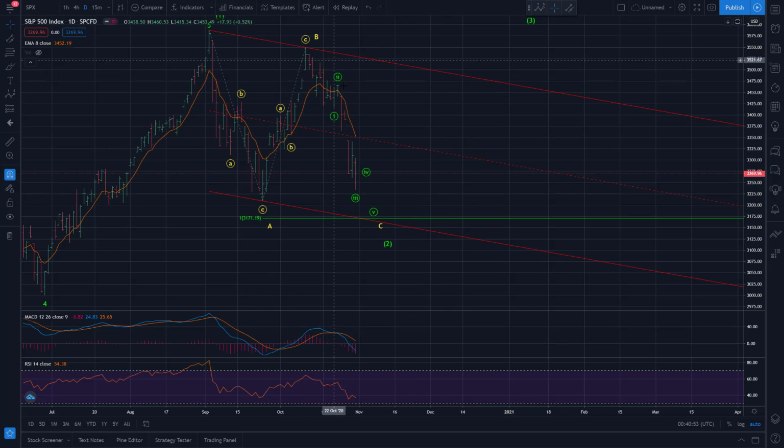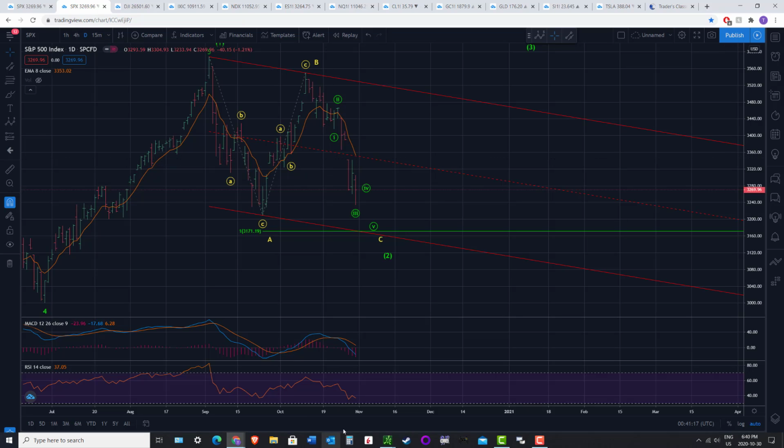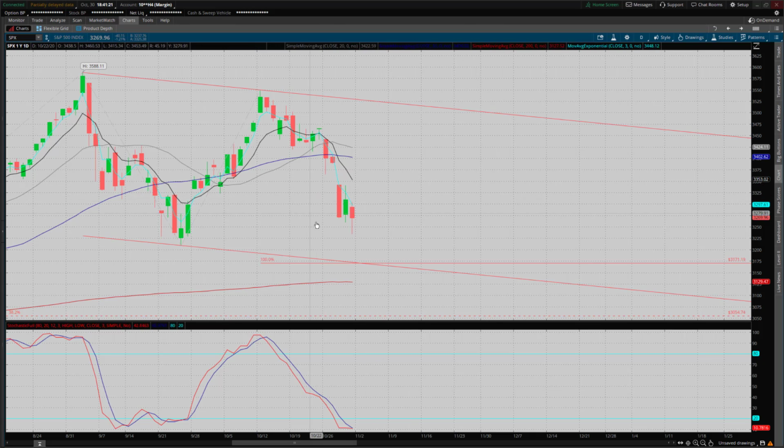Especially when the pattern and the setup and the timing with the election, everything's kind of coming to a head here, just setting up nicely, very much mirroring that 2016 setup, which I think is significant. Okay, well, that's probably all I wanted to go through there as far as the wave charts. Here, we'll go to the Thinkorswim candlestick charts because there are some things to point out there.